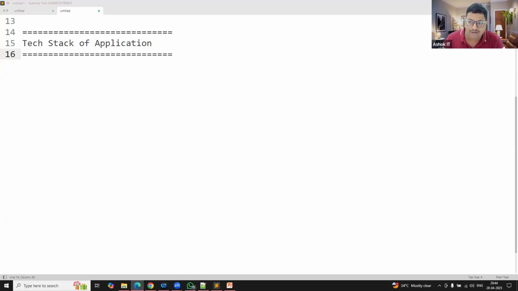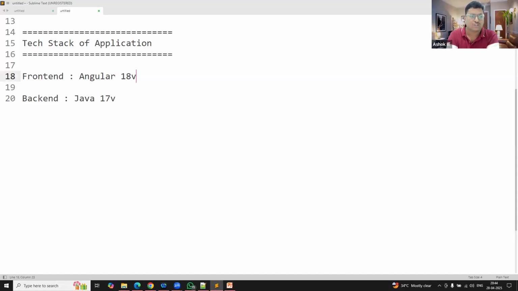Now, in order to develop the front end of the application, assume that I'm using Angular version 18. The Angular framework I'm using to develop the front end of the application. Then to develop the back end of the application, I'm using Java 17. So for backend, I'm using Java 17. For front end, I'm using Angular.